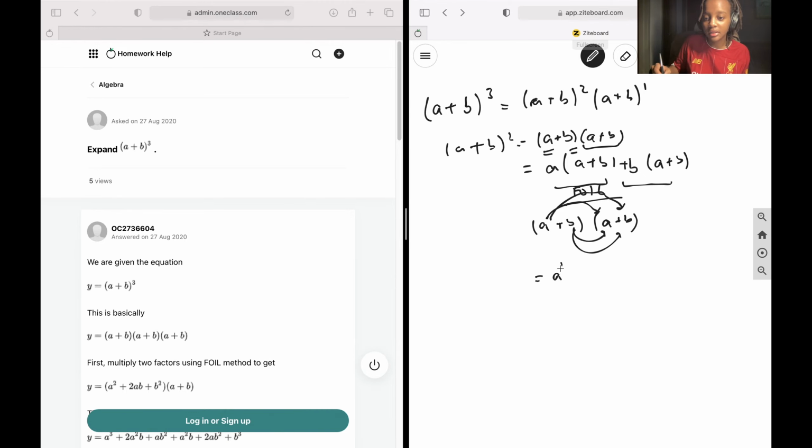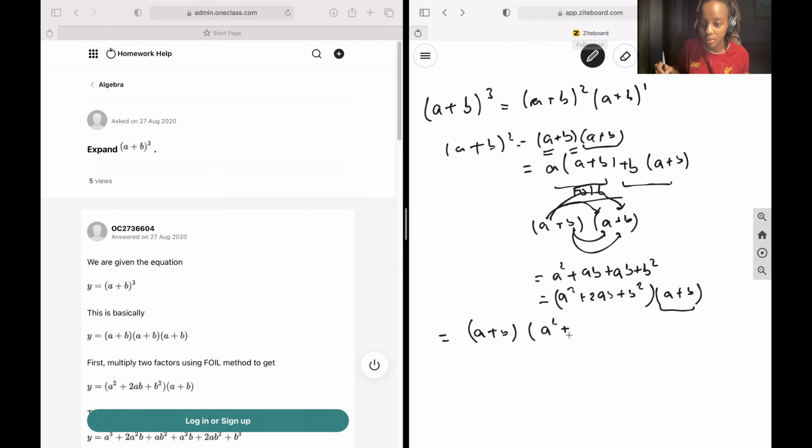And that should give us a squared plus ab plus ab plus b squared, which is a squared plus 2ab plus b squared. And now we are going to want to multiply this by (a + b). Similarly, we'd use FOIL, and because this one only has 2 terms, it's what I'm going to use as my outside. And so if you want to rewrite this and apply FOIL,